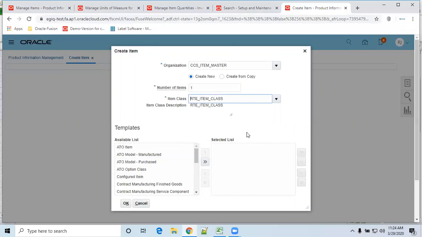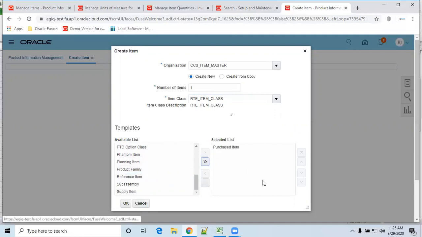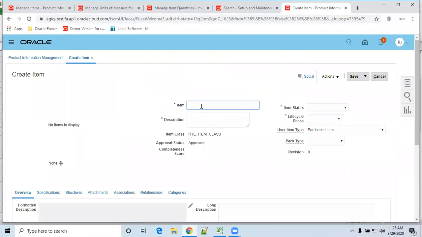Okay, I don't want to create from that. Anyhow, I'll create a new item, not a problem. So now I'll select the purchase item. Click on OK. Let us keep some name here, WDC 34001.